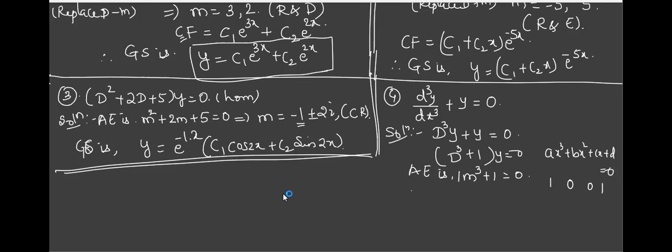Yeah, tell me now. Minus 1 and 1 by 2 plus or minus i root 3 by 2. Am I correct? Yes. All of you just check when you get such complex roots, especially for this example. It was very simple, but you should take the values correctly. A and D are 1, B and C are 0, 0.